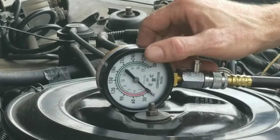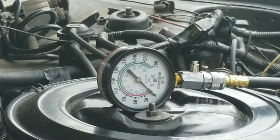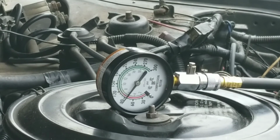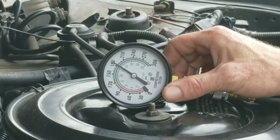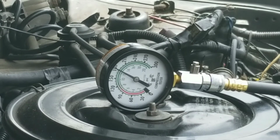Okay guys, now we're moving on to cylinder 3. We'll come back and do our wet test after we've done the rest of the cylinders. Okay guys, as you can see, cylinder 3 is 185. Cylinder 4,